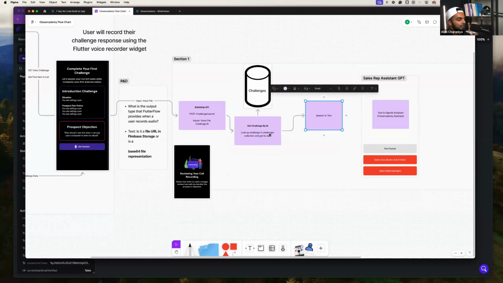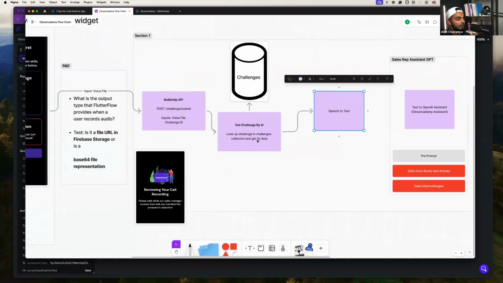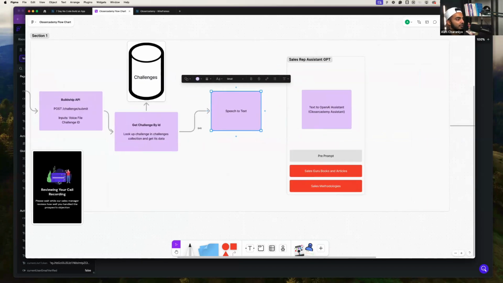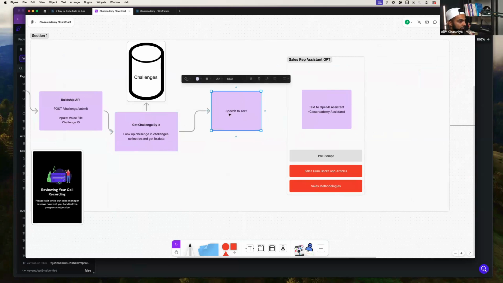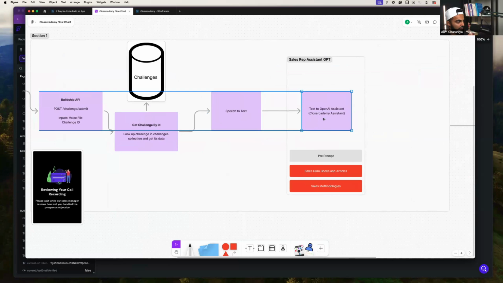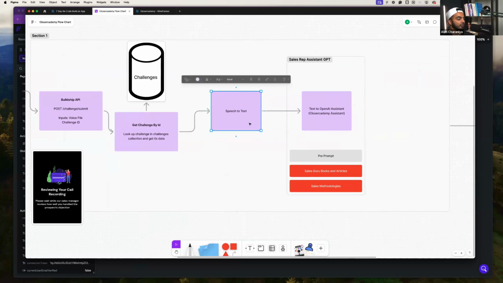And then what we'll do is that challenge data, right? We need to tell the OpenAI assistant about the challenge data. So then we will convert the speech to text, and then we will send that data to the OpenAI assistant. We're going to need to construct a prompt that says